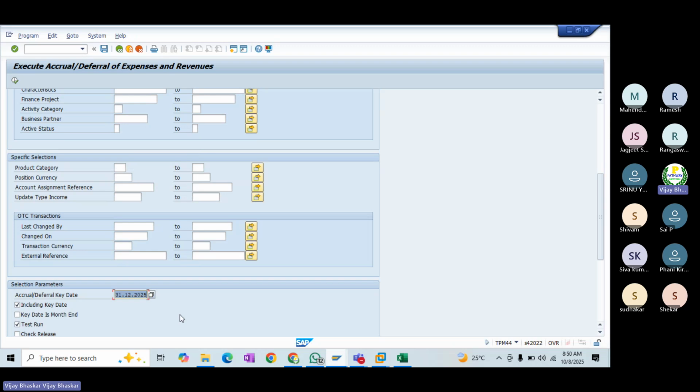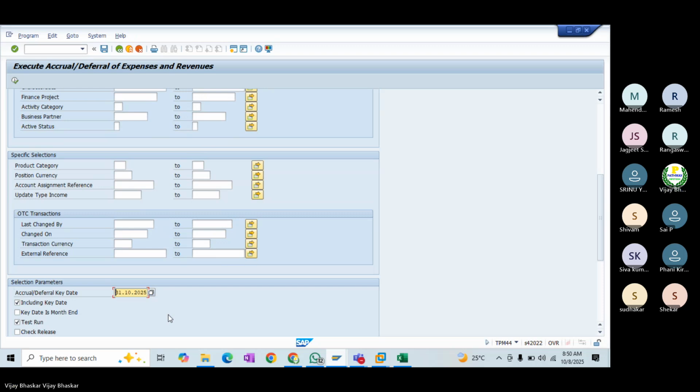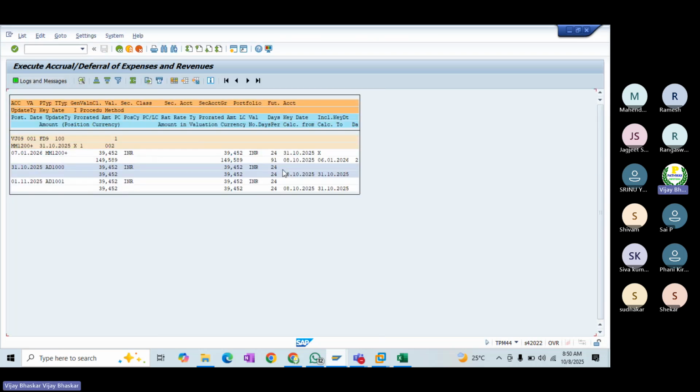Otherwise, even this will have a huge impact on your P&L account. So that is the reason. Just follow the process monthly so that it will have clear visibility. In the accounting documents, you can see that on 8/10 it gets posted, then on the 31st of 10 it will get reversed here. This document will get reversed here.